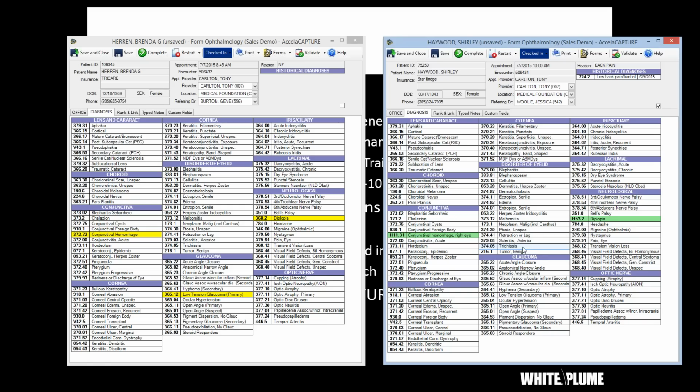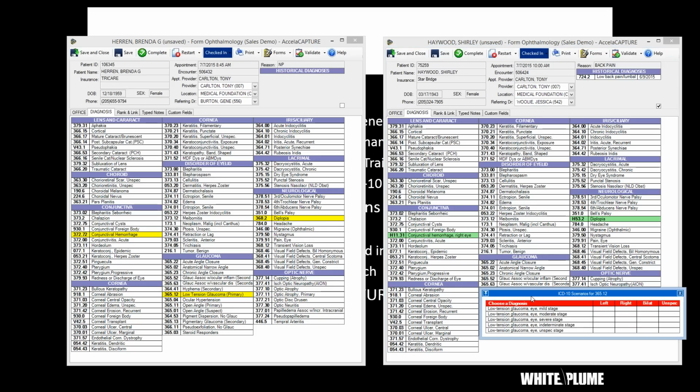Great. What about something that's even harder? What about low tension glaucoma? When I click on this one, what you'll see is that it gives me that pop-up again, but this time, since there are 20 choices, it's organized it for me into 2 dimensions. It has the diagnosis stage on the vertical axis. So you can